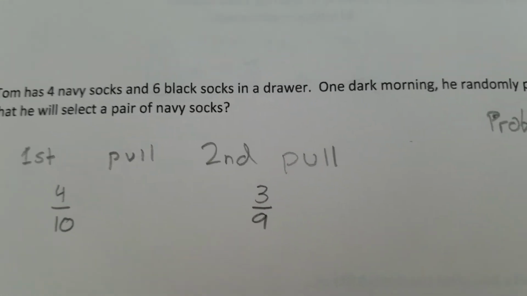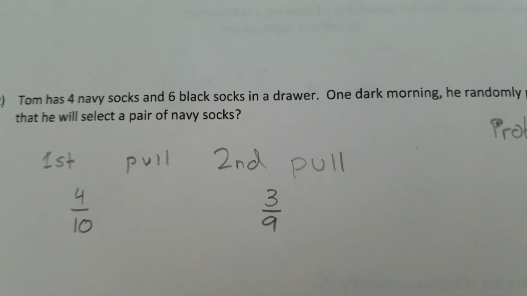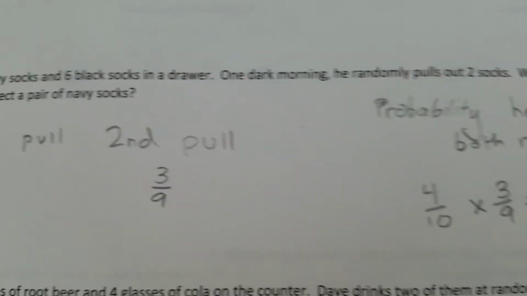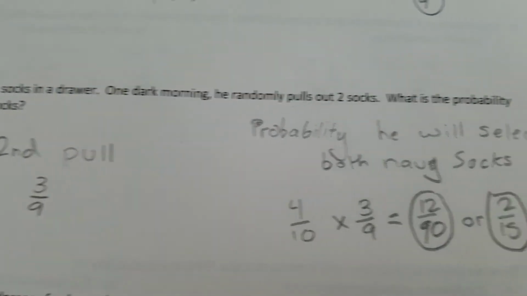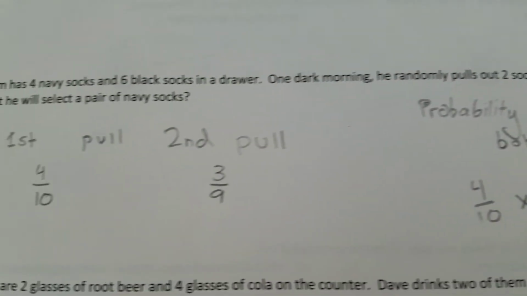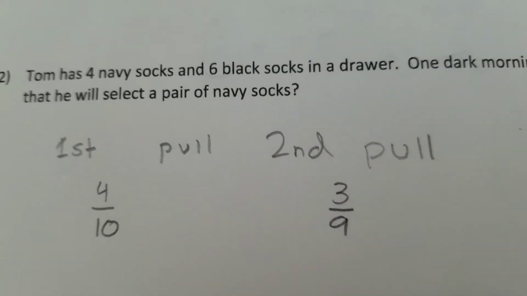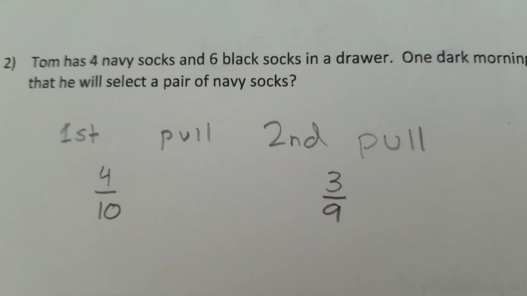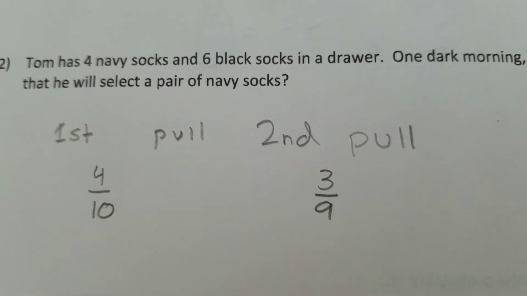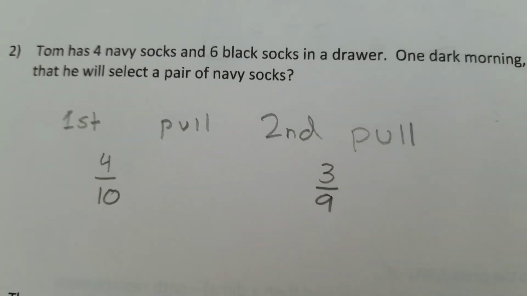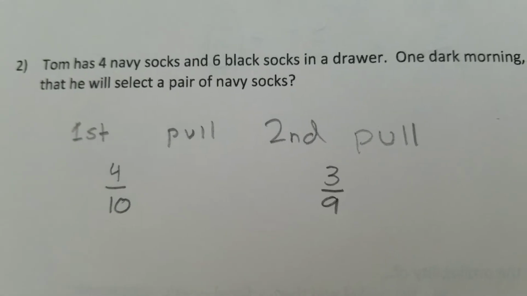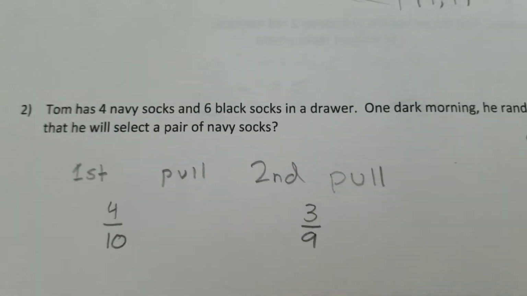Then Tommy has 4 navy socks and 6 black socks in the drawer. One dark morning, he randomly pulls out 2 socks. What is the probability that he will select a pair of navy socks? How many navy socks are there? That's 4. So the first pull will be 4 out of 10, the total number of socks. 4 navy socks. The second pull, because he's already pulled out a navy sock,